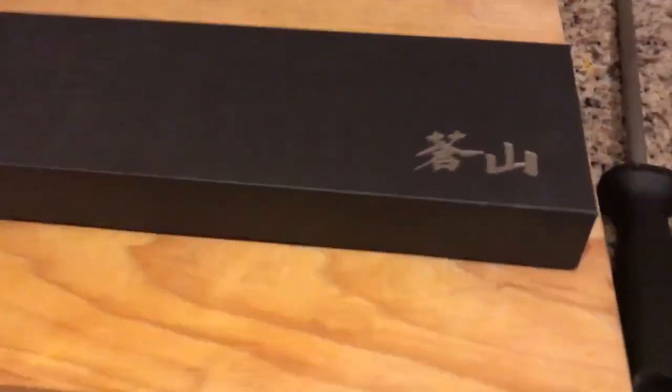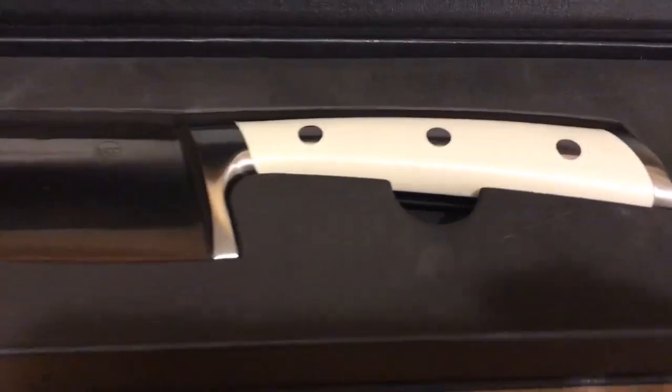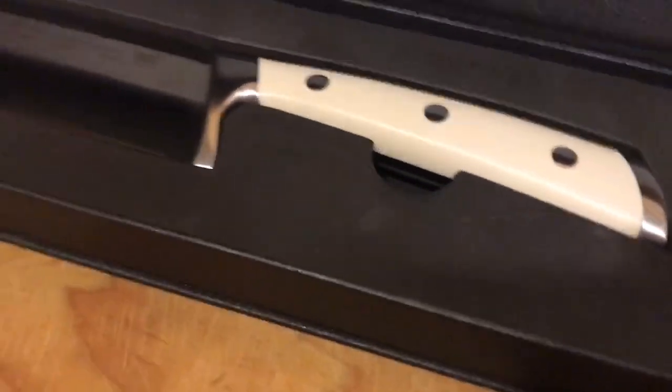Howdy hey! Today we're taking a look at the Cangshan S1 series chef's knife. You can typically find this knife selling on Amazon. I happened to pick up the knife for about $30 and I picked it up mostly because I like how